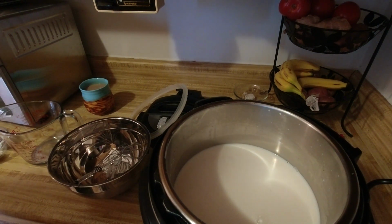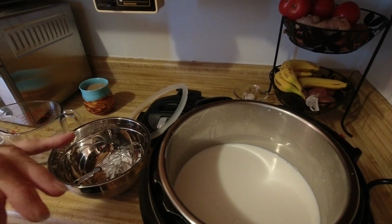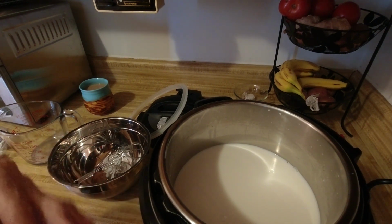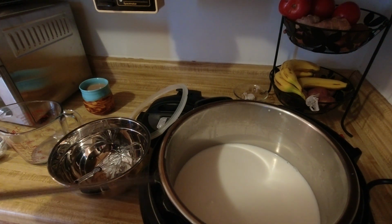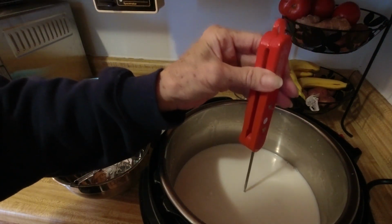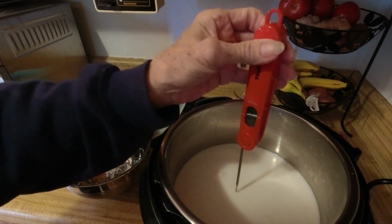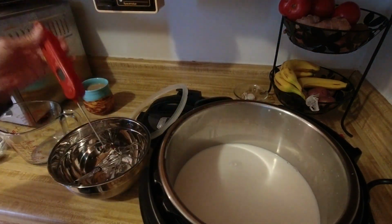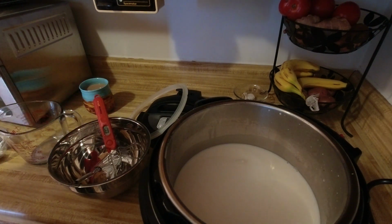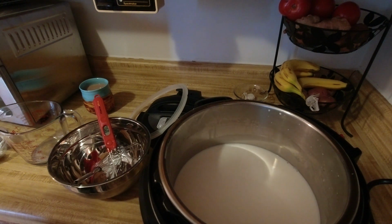I'll give you these tips now while I'm thinking about it. When you're testing your yogurt, make sure you test in the middle with your tester, and don't touch the bottom, but go to the middle of your mixture. And always make sure your jars are clean for the next day, because you're going to get